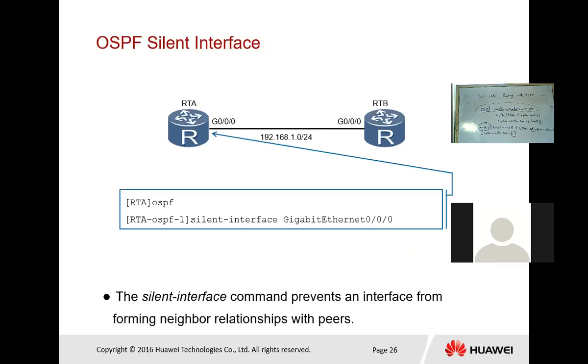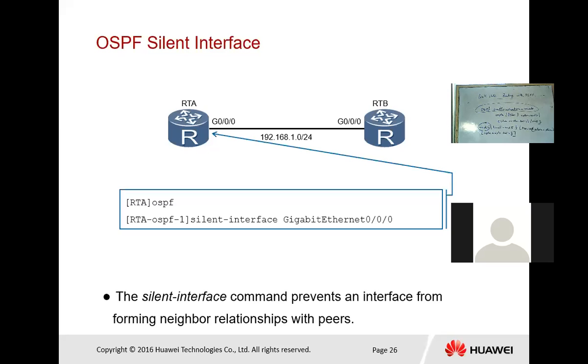So next is OSPF silent interface. It is often necessary to control the flow of routing information and the range to which such routing protocols can extend. This is particularly the case when connecting with external networks, where the interface of the router is to be protected. In order to achieve this, the silent interface command can be applied as a means to restrict all OSPF communication via the interface on which the command is implemented.